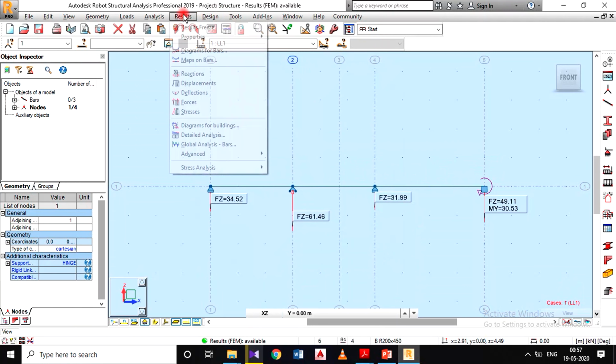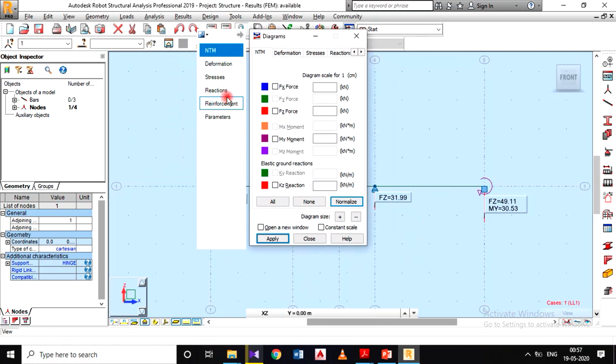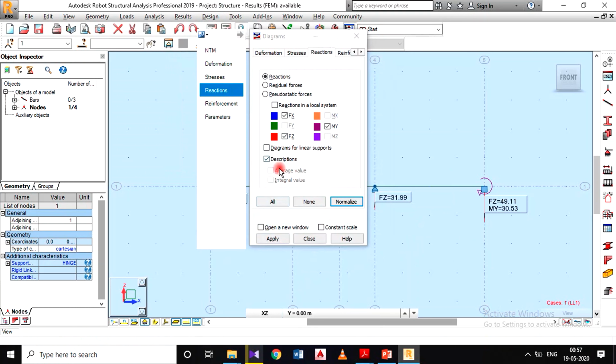Now move on to the results, diagram for bars. In that reactions, unselect the values Fx, Fz and My, okay, then apply. So that is also disabled.